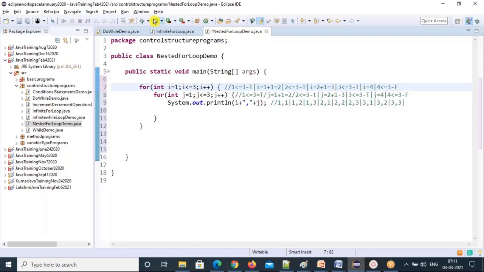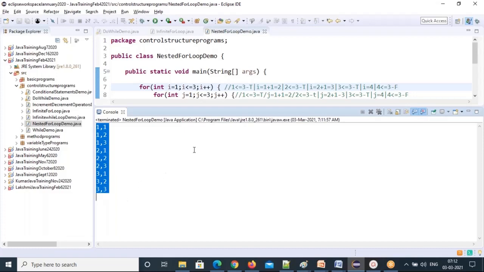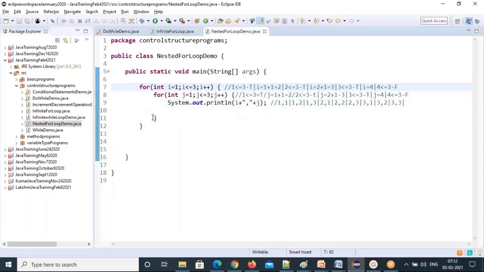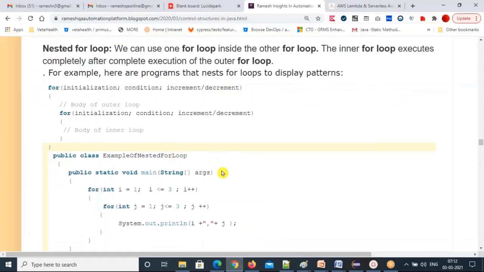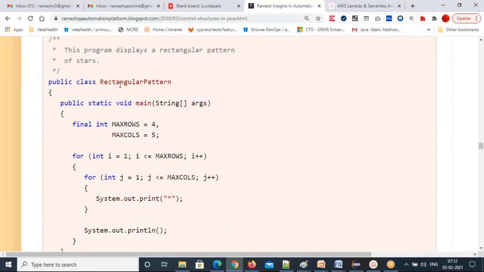So this is how to execute a loop, right? See that all the code is executed, whatever we have done. Okay, so write like this so that it will be very easy for you to understand how the code is executing. Any questions? So that's the program explanation also given.